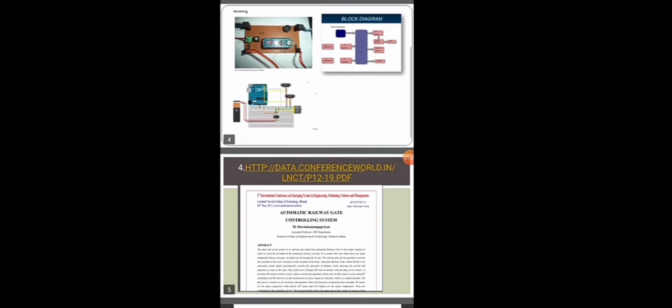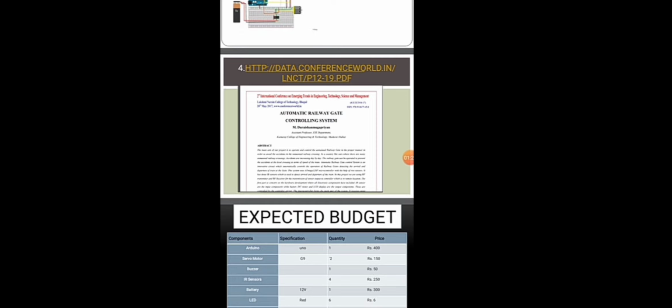It is quite similar to the construction in link 1, but additionally they have used the microcontroller. And these are the picture of the working construction and the block diagram of the automatic railway gate system. And the abstract says that it is beneficial in many ways, and it also decreases the risk of accidents which is happening day to day in the railway gates. Further, the expected budget will be told by Aishwarya.